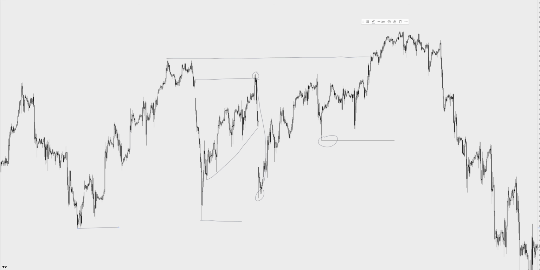So if you can understand where the liquidity is, it will be a lot easier to identify where not to